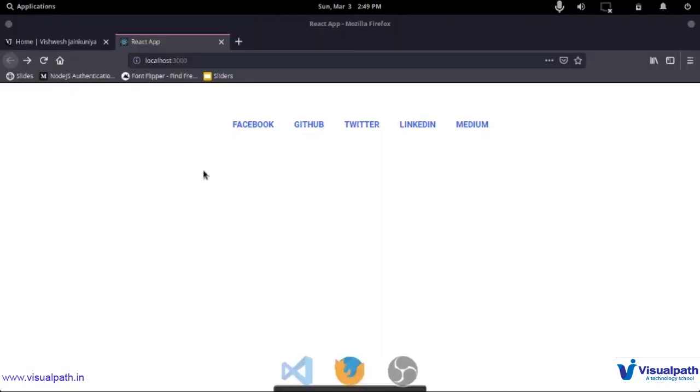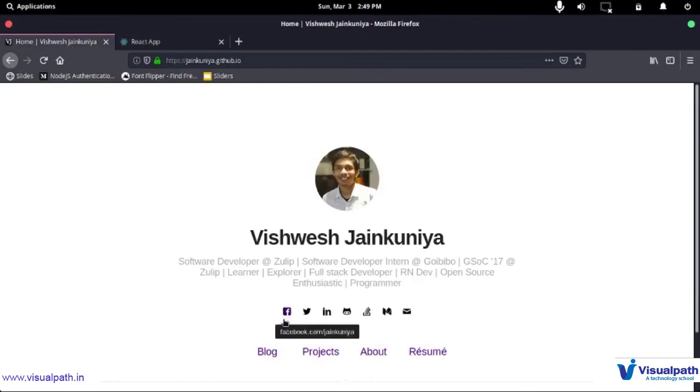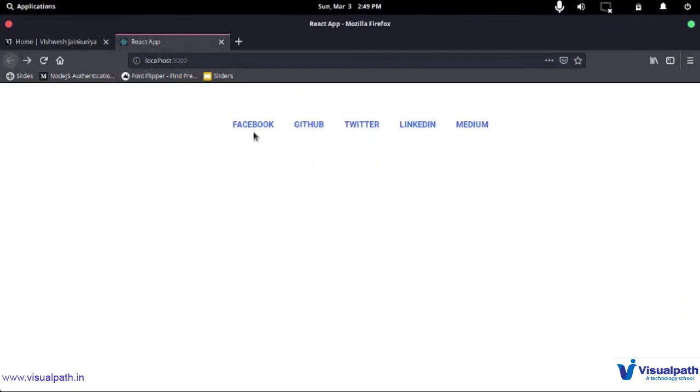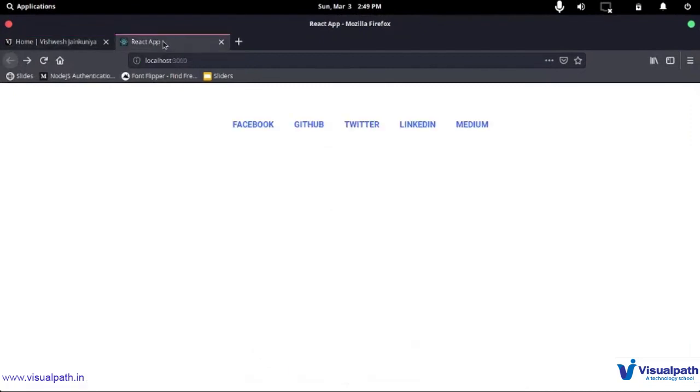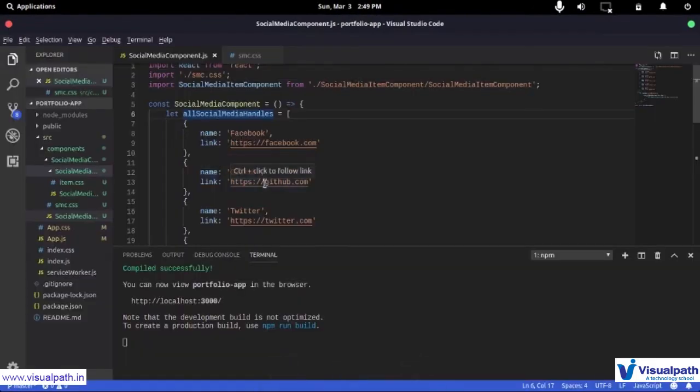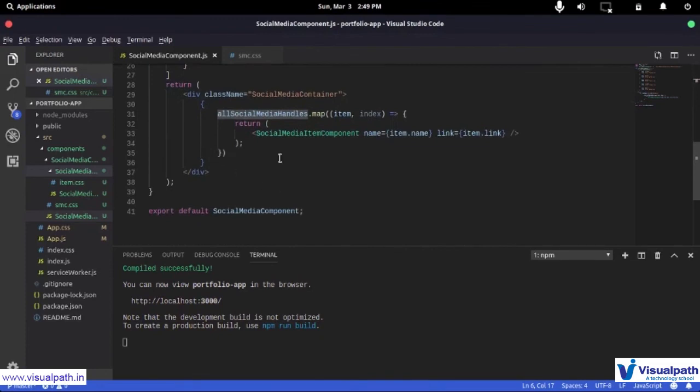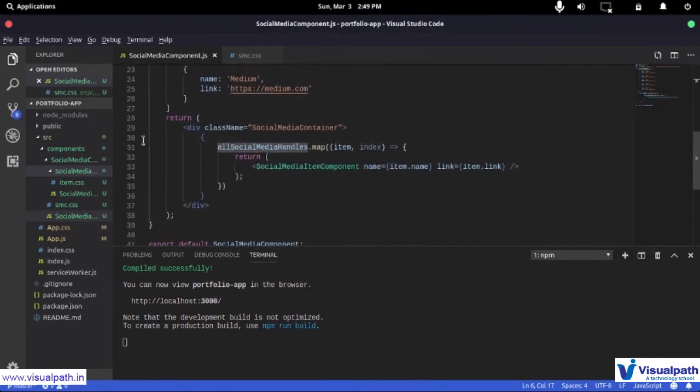Now I think that this social media feature right here that Vishwesh has, we have also completed it successfully, just that we are using names instead of images and he is using images. So I think let's call it a day on this note, as we have completely created one component and we have learned a lot about how data is going to control our logic and how to do functional components. So what we did is, let's quickly summarize.